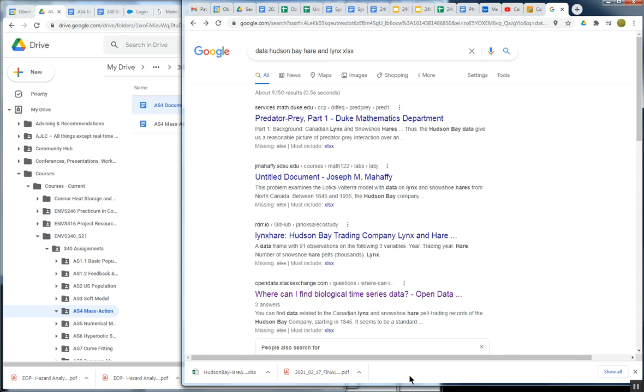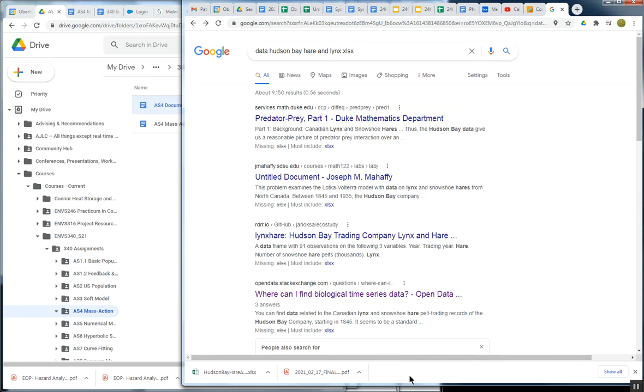Okay, so I'm going to shoot a quick video showing you how to import data into Stella. Well, one way you can do it anyways. Turns out there's a lot of ways you can do it, but I'm trying to focus on the simplest here. So I figured what I would do is, since you've got an assignment AS4, which focuses on, among other things,